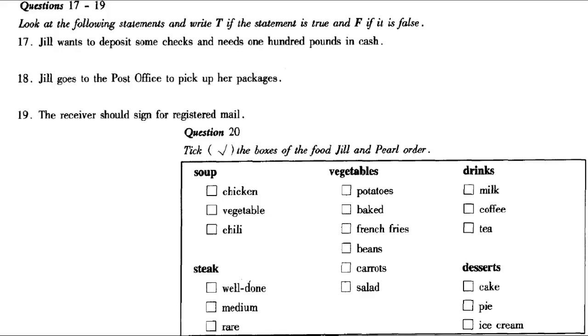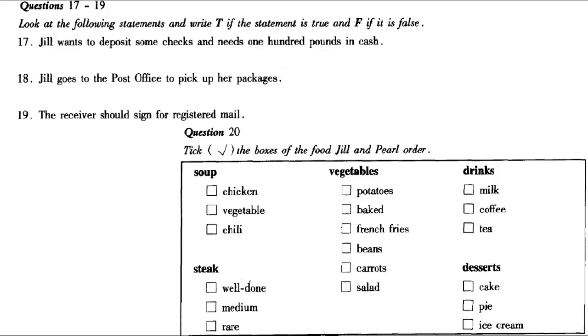2 steaks and potatoes. How would you like your steak? What do you mean? How do you want your steak? Well done, medium, or rare? Oh, please cook it well. Yes, well done. OK. What kind of potatoes? Baked or French fries? Baked, please. 2 baked potatoes. How about an order of vegetables with that? Carrots, beans, or salad? 2 salads, please.